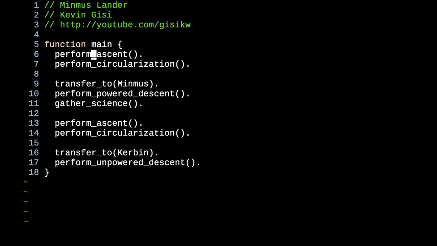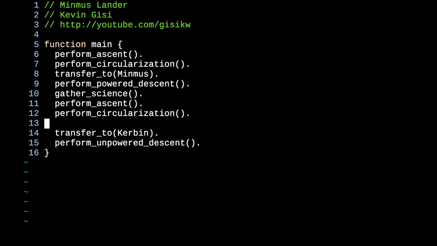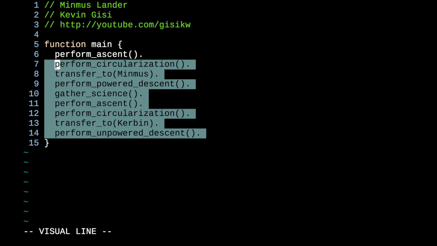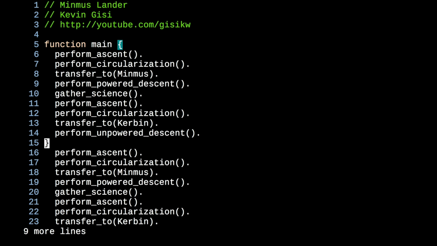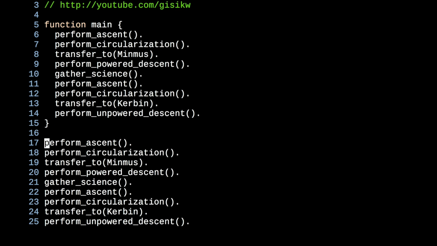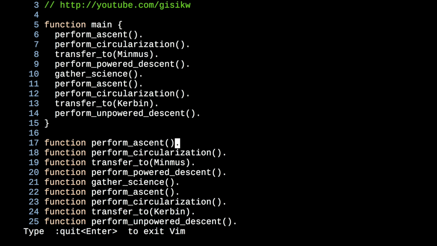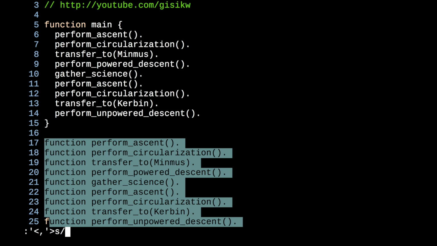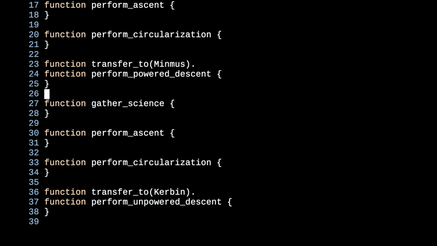The next thing that we have to do, of course, I'm actually going to go ahead and just delete these to make things easier, is none of these functions exist. So I'm going to go ahead and paste them down here, and let's see. I'm just going to go ahead and say function, and I'm going to replace this with, space, this, return, okay, whoops. Yeah, okay, so it replaced all of them except the ones that actually have these parentheses around here,